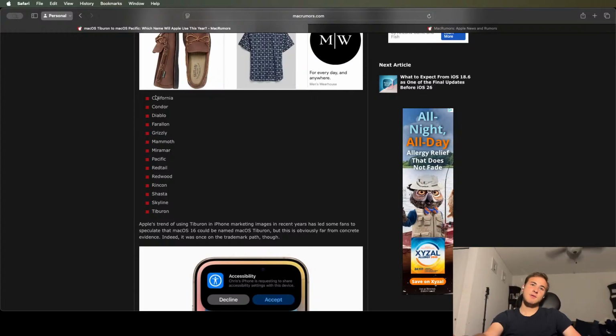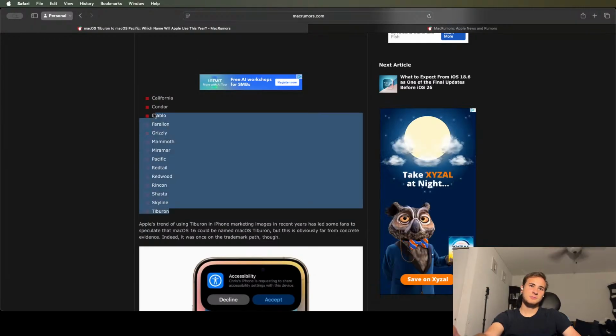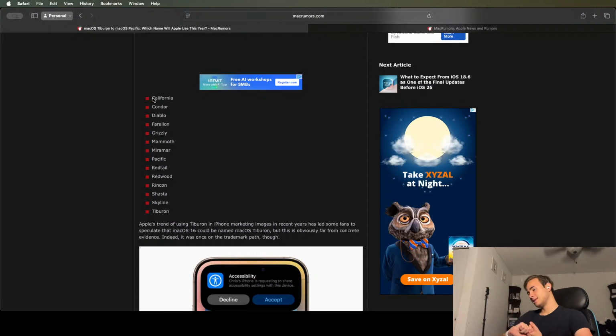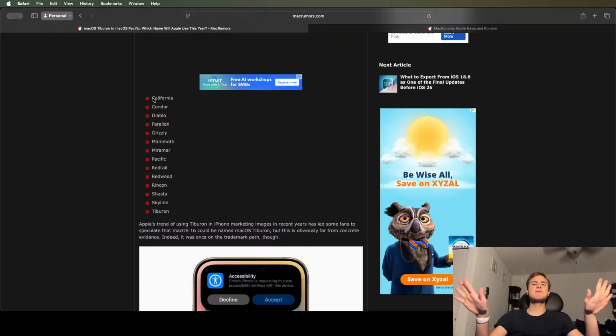So if we look in here, where do we see Tahoe? Nowhere. So it's either that Apple is actually trying to change the name, or Apple's trying to use this name and gain the rights to it as soon as possible, which has never really happened before. I think they did it with Monterey, maybe, but I could be wrong. Actually, Apple's owned Monterey for a while.